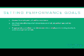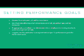Step 3. If appropriate, compliment on dimensions where the employee is meeting standards and encourage them to maintain. This helps to reinforce good performance, as well as keeps the meeting on a positive note. Step 4. Suggest, ask for, and come to an agreement on specific performance goals for these dimensions. This is intended to be a two-way discussion, so asking for employee suggestions and agreements helps to obtain their involvement,